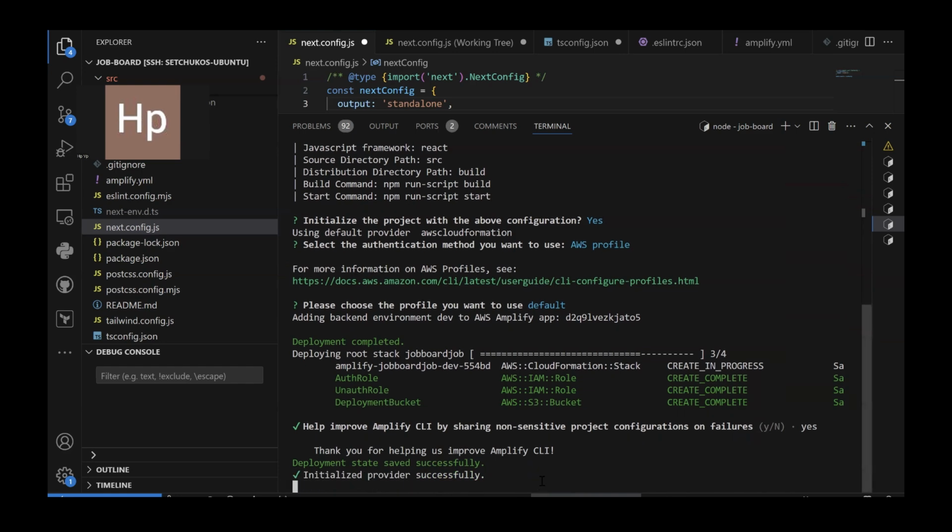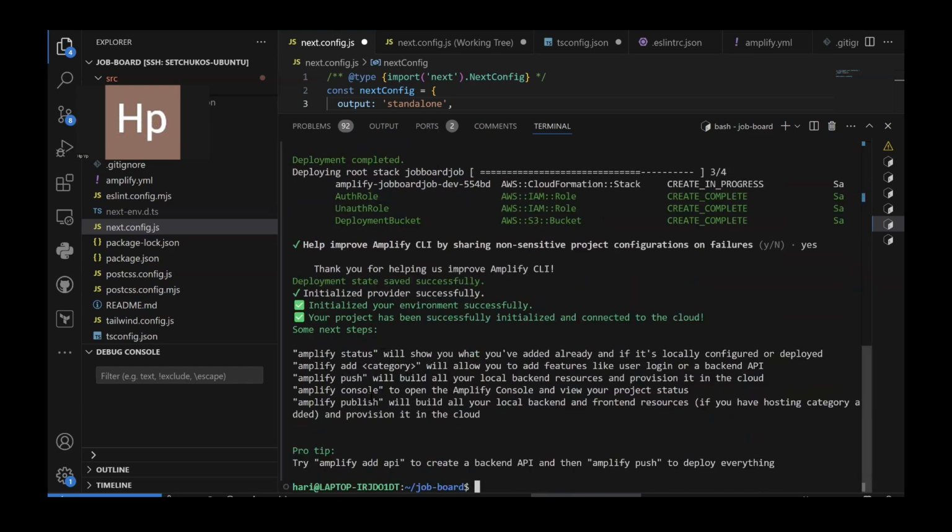So it's saving the initialized provider. It gives some basic commands, like, as I previously said, we can communicate with our Amplify from our CLI itself. But for now, I don't go with that. I just go with my CLI. Then I'll do it. So here you can see